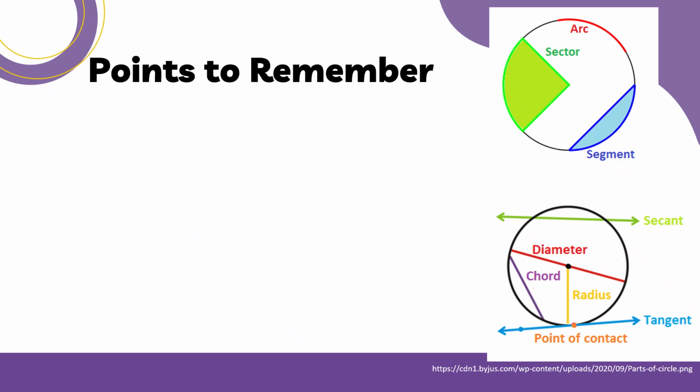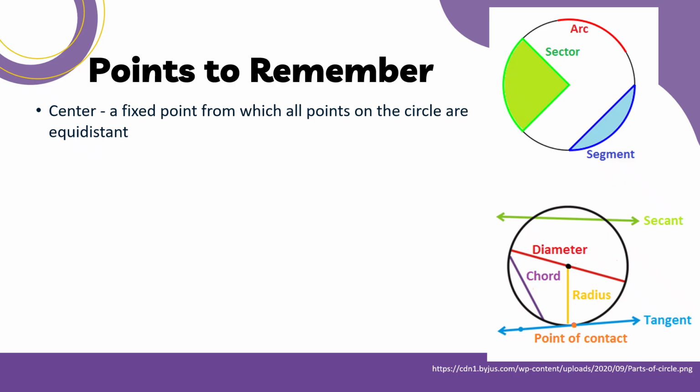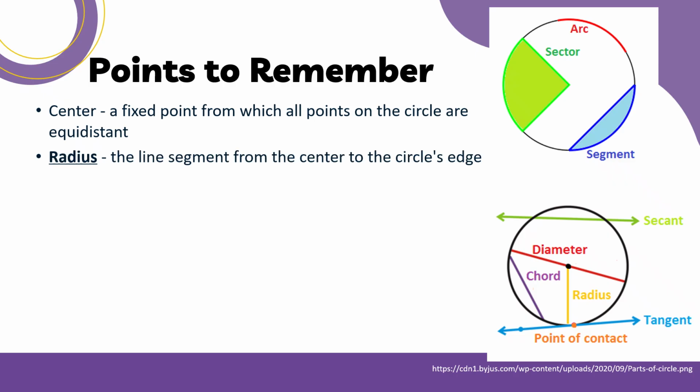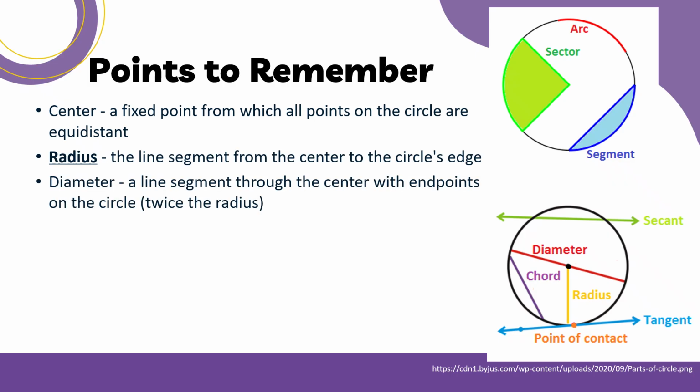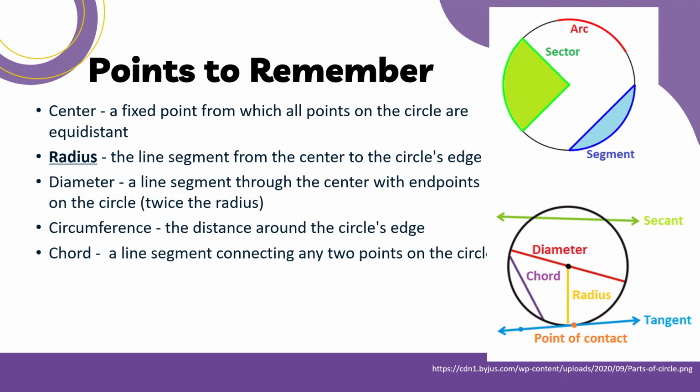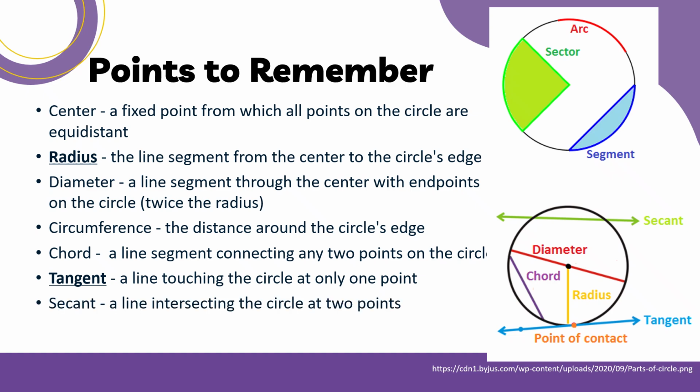When we describe circular motion, we need to recall the parts of a circle. First, we have the center, which is the fixed point at the center. The radius goes from the center to the edge, while the diameter passes through the center, making it twice as long as the radius. We also have the circumference, or the distance around the circle, and we also have chords connecting any two points, tangents that touch the circle at only one point, and secants that cut across it. Finally, we have an arc, which is just a piece of the circumference. These terms help us understand motion more precisely.